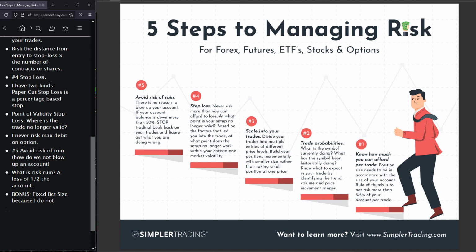Right? And this is what I teach and this is what I do. Okay? I don't know the outcome. There's this idea that somehow we know, well, this is going to be the big winner, but this one I'm not so sure about. Why would I take the trade I'm not so sure about? Fixed bet size assumes that we don't know the outcome. Fixed bet size assumes that our winning trade could be one that we really kind of overlooked. And fixed bet size is how I can put 9 positions on and have a pretty darn good idea, barring gaps, where if the you-know-what hits the fan, where my account will be.